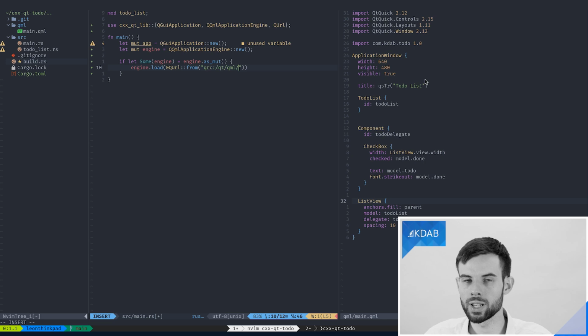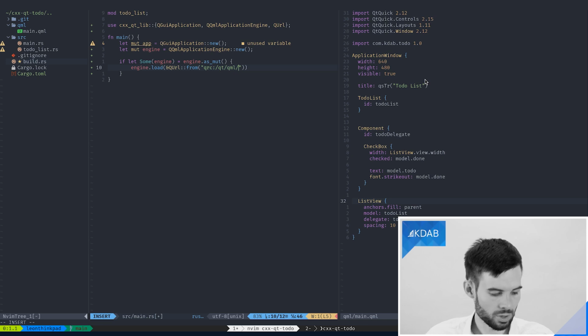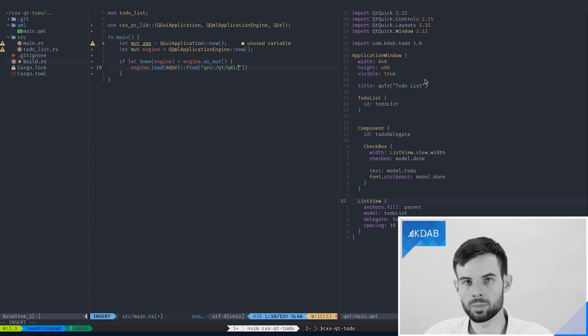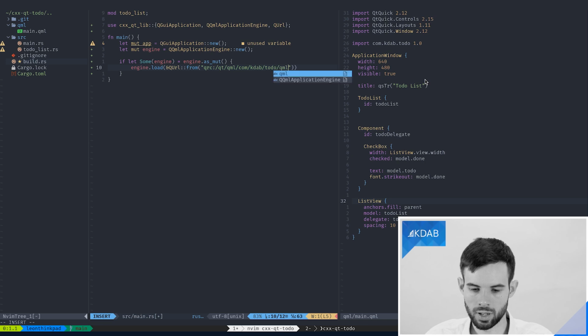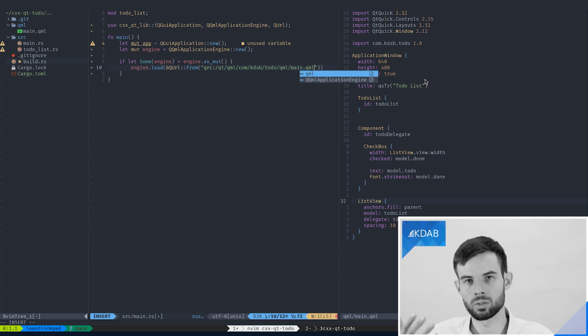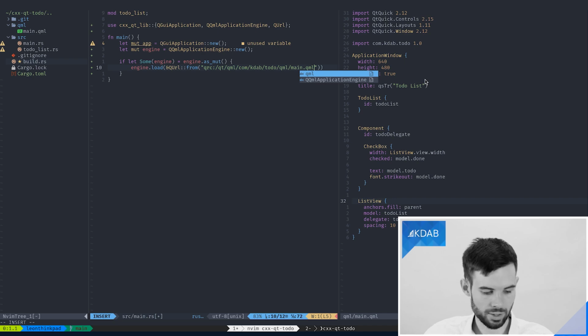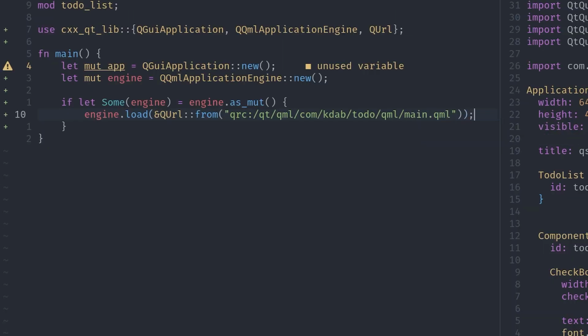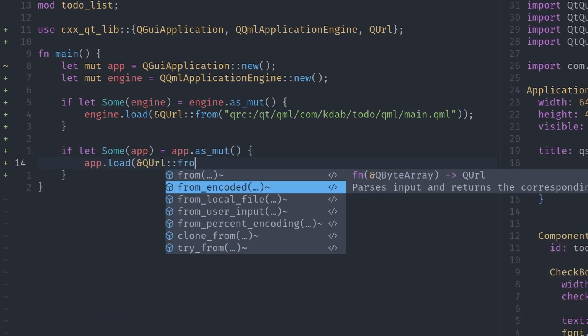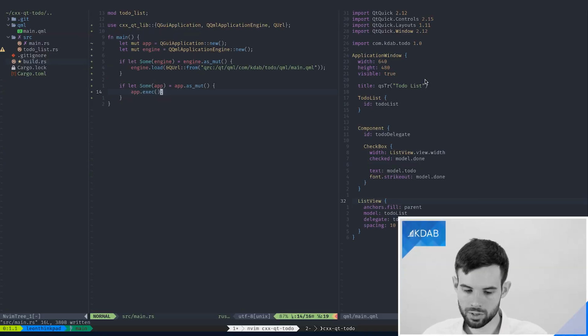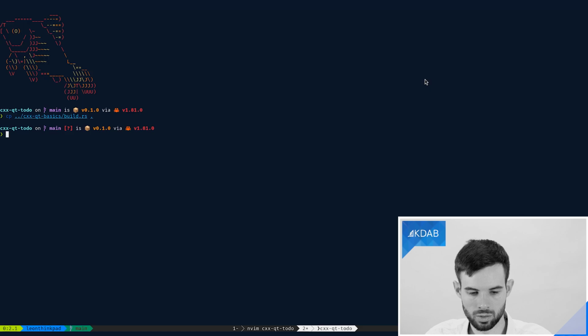And remember, we've renamed our QML module, so we also need to change the path for our QURL, which is going to be Qt, QML, com, KDAP, and then to-do and not tutorial. And after that, remember to still add the path to our main.qml file, so qml/main.qml. And now we can try building this app and see whether it works.